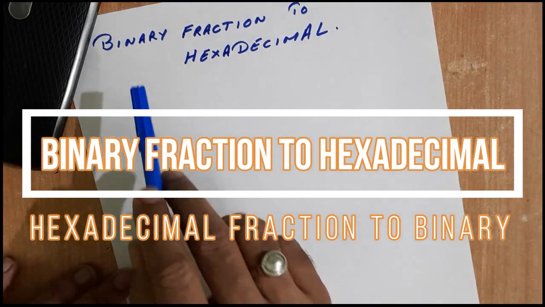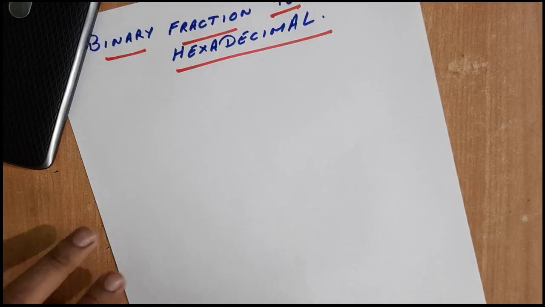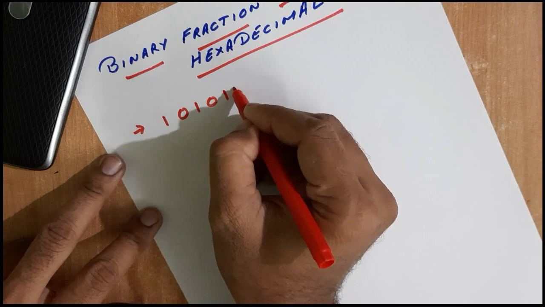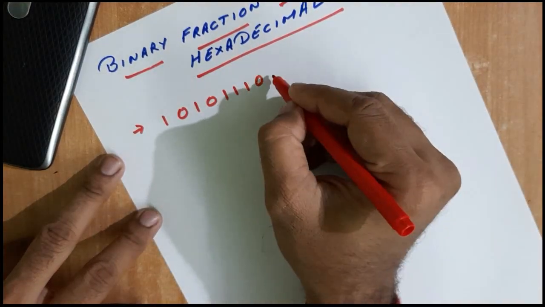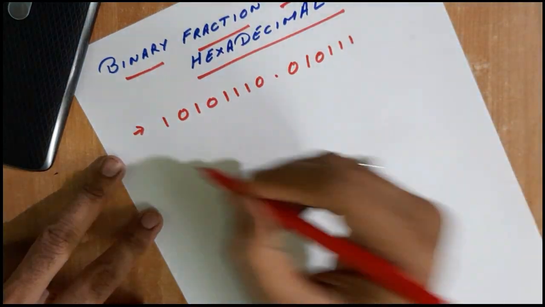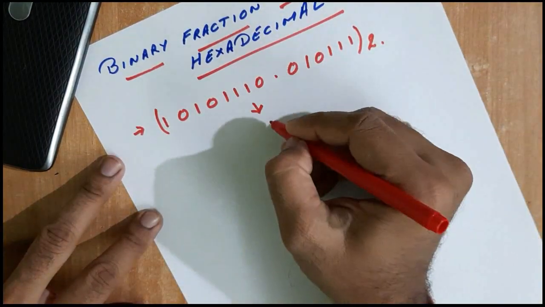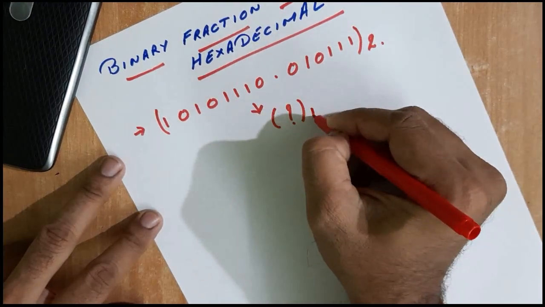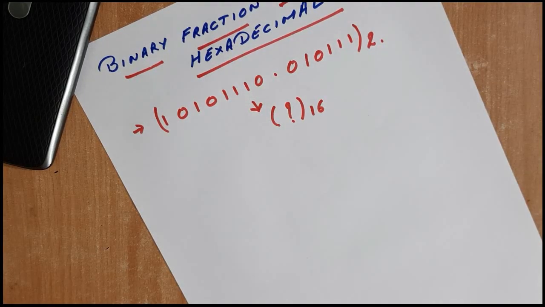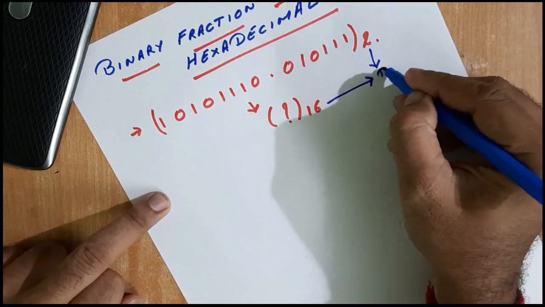to convert binary fraction to hexadecimal. Let's take a number. We'll take a binary number, that is 1010110.01011. Let's put a dot. This is my binary number, and I need to convert this into hexadecimal, that is base 16. This is my base,